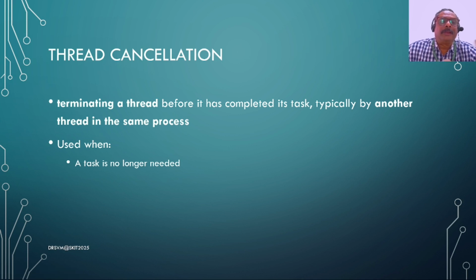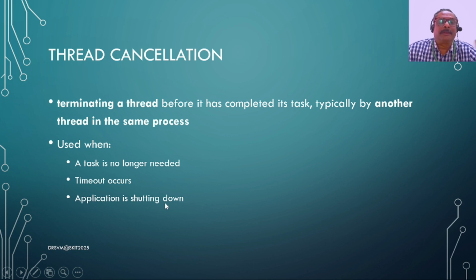So if we think that the task that the particular thread is doing is no more required, then instead of keeping it alive on the memory and all that, we can just kill it and cancel that, so memory will be made available for some other actions. Or maybe because of timeout, another process like a scheduler may call to terminate a process, or the application is shutting down.